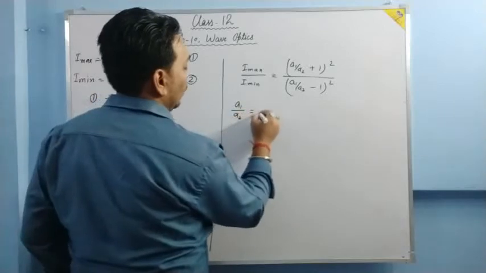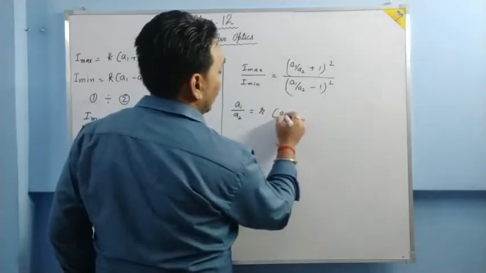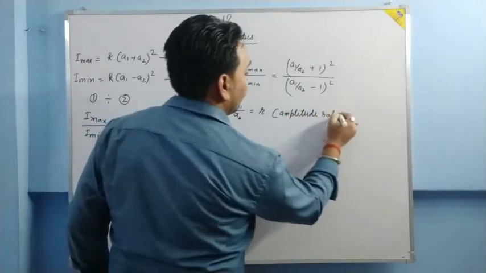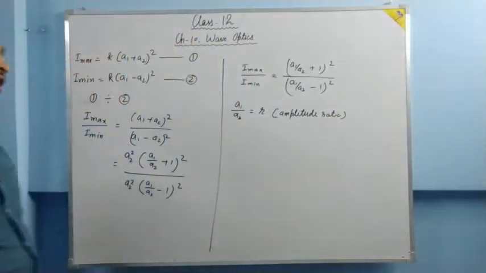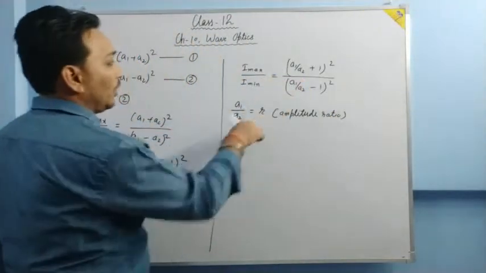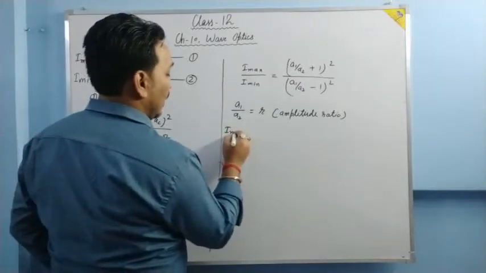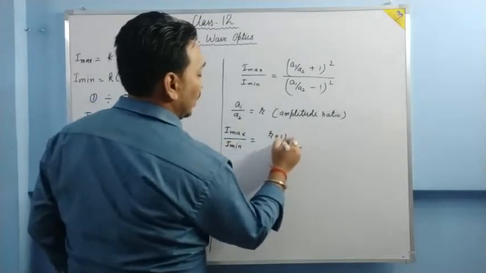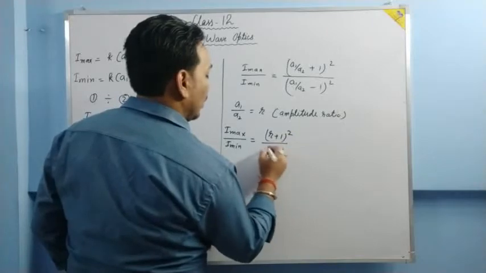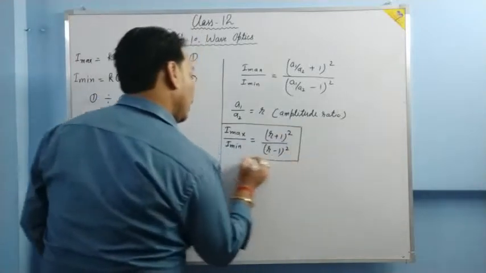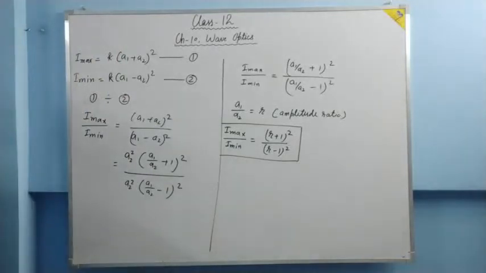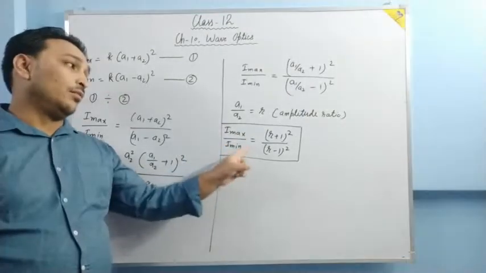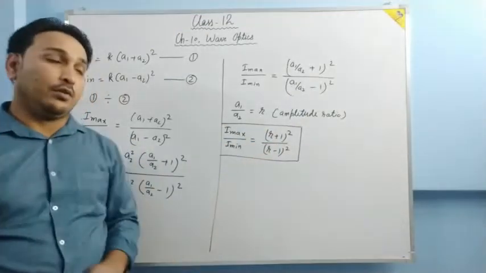A1 upon A2 is equal to R, and this R is called amplitude ratio. So in place of A1 upon A2 we'll put R. Then we will get I max to I minimum is equal to (R plus 1) whole square upon (R minus 1) whole square. So this is the formula for intensity ratio. I max to I minimum is equal to (R plus 1) whole square upon (R minus 1) whole square,